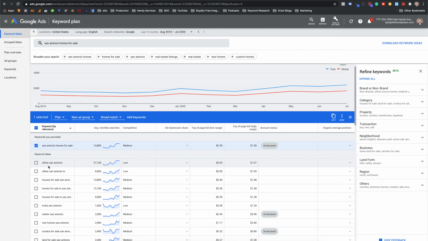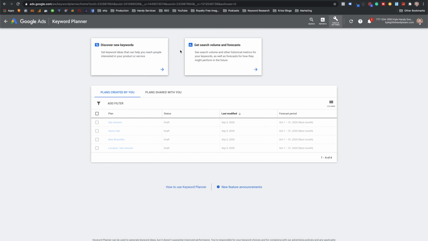Once you've identified a few good keywords that don't cost a lot compared to the other keywords you might have been looking up, and they have a good amount of search volume, meaning a few hundred to a few thousand searches per month, then I would add that to a list of keywords that we're going to target later on in the process. To keep it simple for this example, we're just going to do homes for sale in San